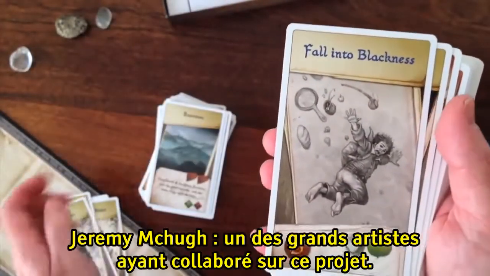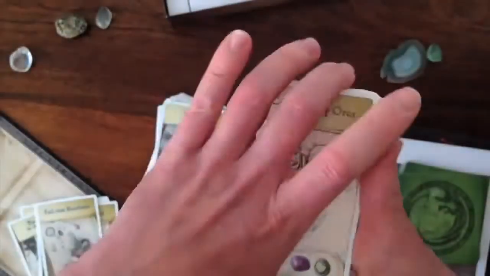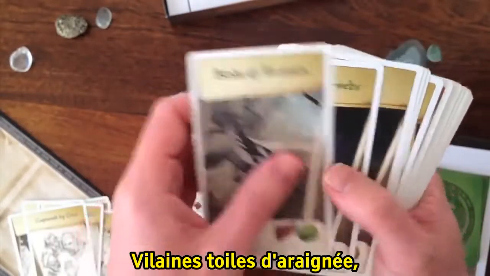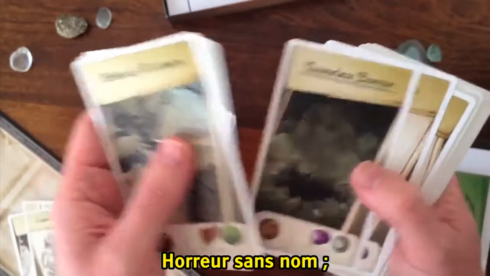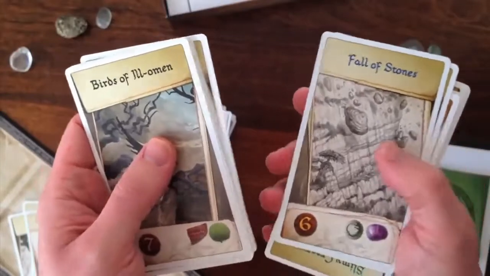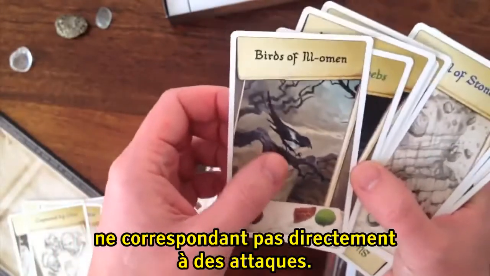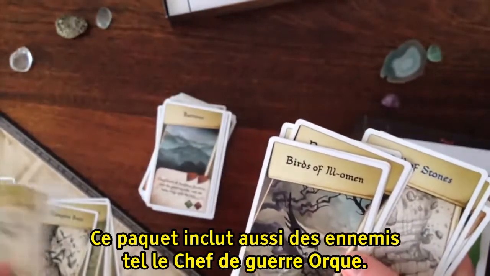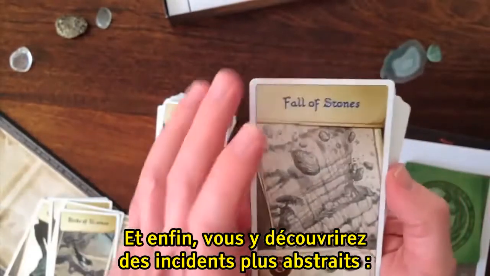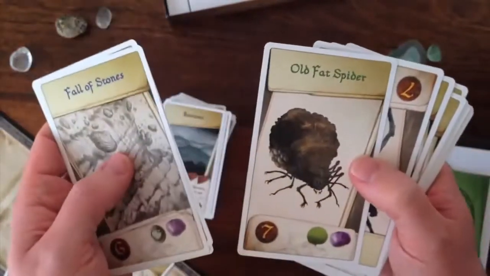Jeremy McHugh, another great artist that did some lovely, lovely artwork. Captured by Orcs. Birds of Ill Omen. A magpie there. And so on. Don't want to show you all the cards, you've got to have something to get excited about when you open your own set. But you can see, so there's a mixture of kind of atmospheric things like Birds of Ill Omen that aren't necessarily direct enemies attacking. You do have enemies like Orc Chieftain. You also have more abstract kind of states, obstacles and hindrances, like fall of stones, slimy creature, old fat spider,